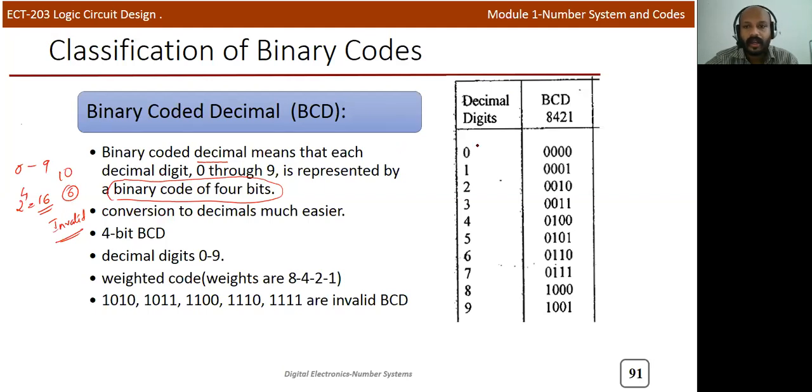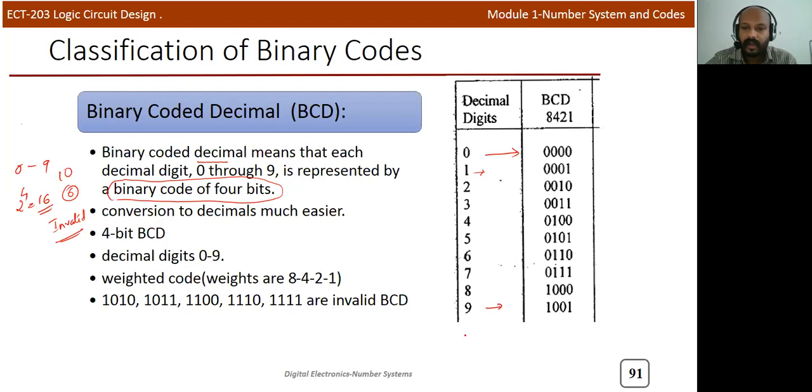Here you can see the decimal digit and corresponding BCD code. Here it is 0 and the 4-bit binary 0000. For 1, you can see 0001. Similarly, 8 is 1000. Similarly, 9 is 1001.